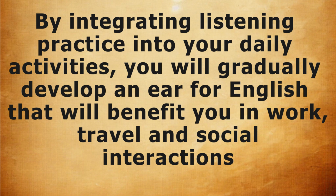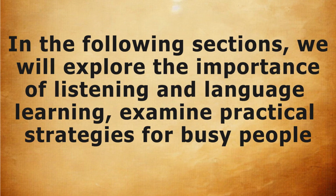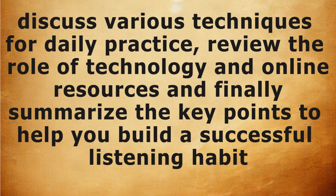By integrating listening practice into your daily activities, you will gradually develop an ear for English that will benefit you in work, travel, and social interactions. In the following sections, we will explore the importance of listening and language learning, examine practical strategies for busy people, discuss various techniques for daily practice, review the role of technology and online resources, and finally, summarize the key points